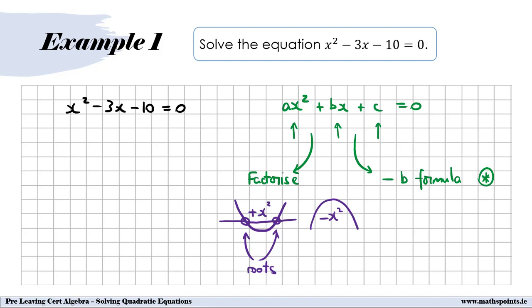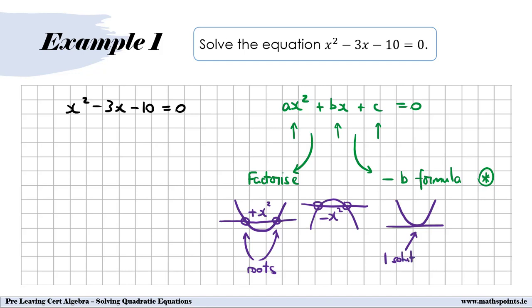Likewise with an n-shaped curve, in general there'll be two places where that curve will cross the x-axis, and so in general a minus x squared quadratic equation will have two solutions. It doesn't always have to be the case. We can have a quadratic function that would just touch the x-axis, in which case we only have one solution